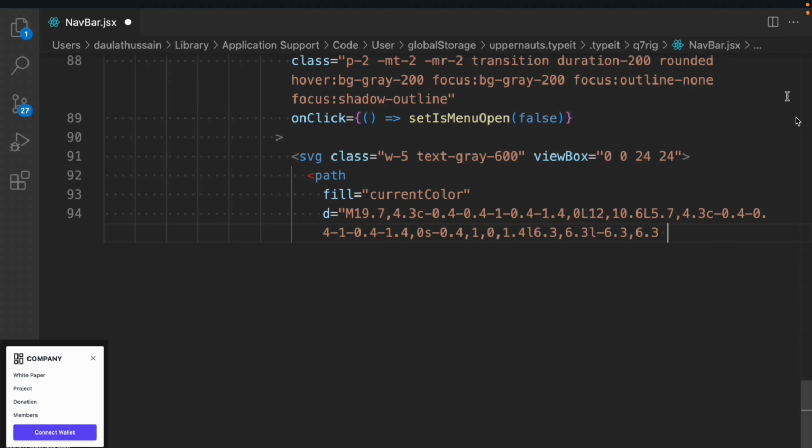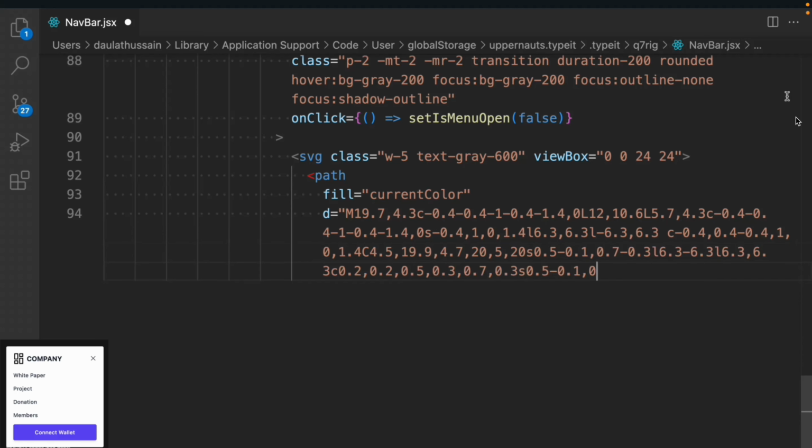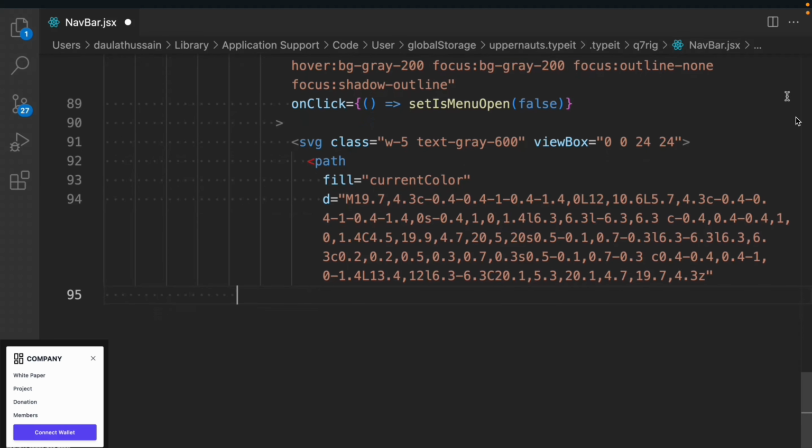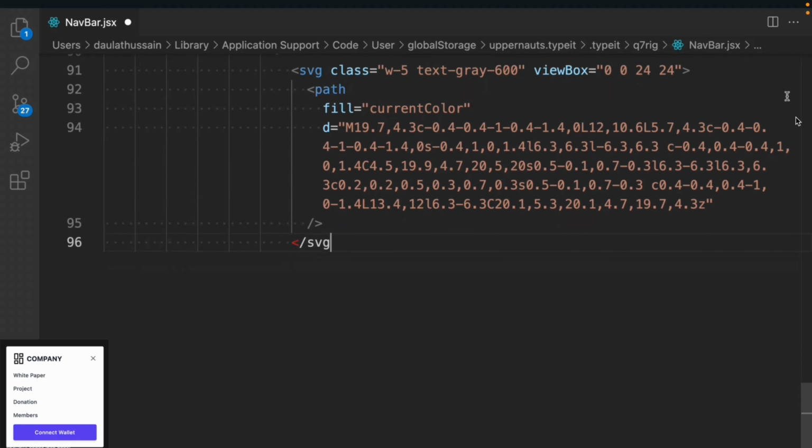Actually, I forgot to export this CSV file as a component, but in your case you will get this in a starter file, so you don't need to worry about that. You don't need to type it. All you have to do is import it as a component, so you can add that one. Now simply close that, and that's our cross icon we have. Let's come down, close the CSV file,